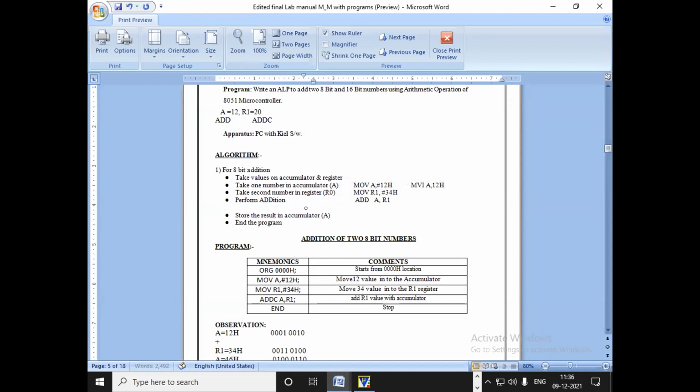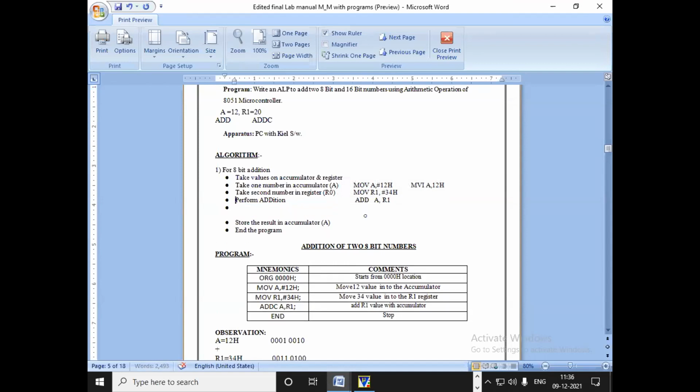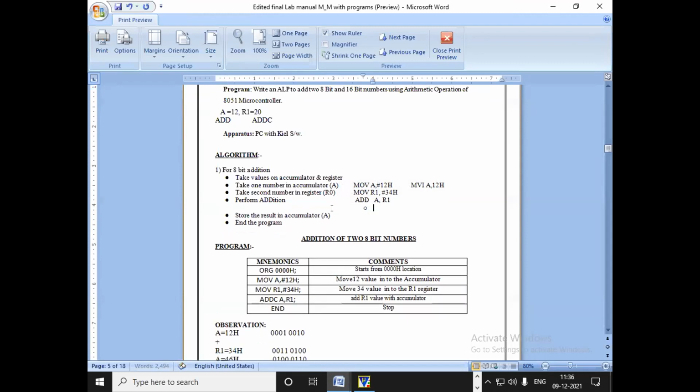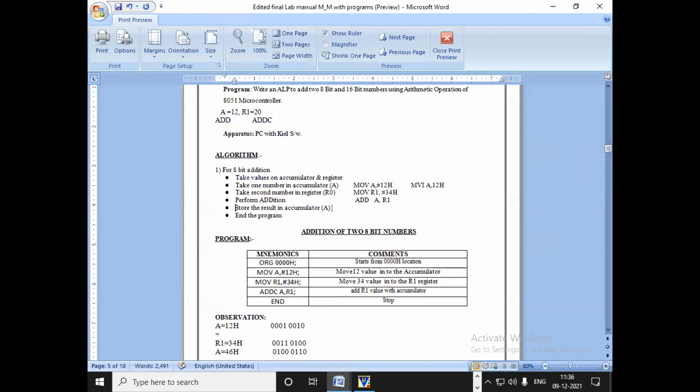Move this value after that. I just want you to write this program, and 90% of students get this wrong. So move R7 comma A. These instructions are not written in the program. So lots of students who are giving the R1 are getting 26 marks or less than 26. They are giving this A into R7.